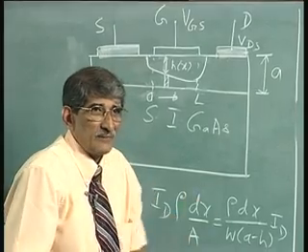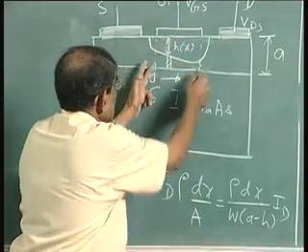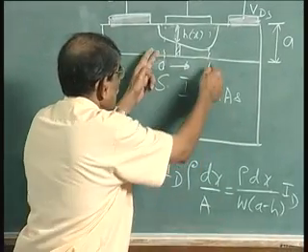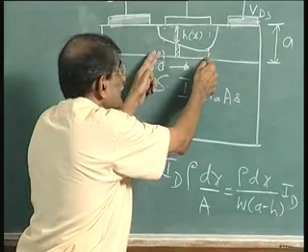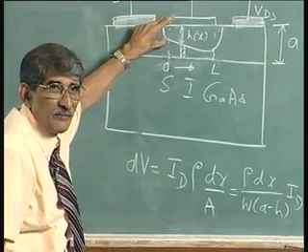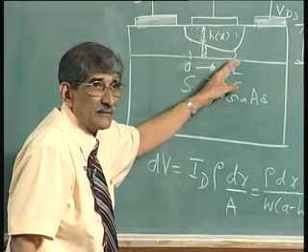The opening is very small, finite. So, the V d sat, how do you find out? That plus V b i minus V g s is that voltage, plus V d sat is actually equal to